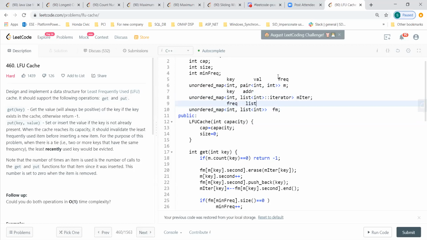Now we have the frequency-to-list mapping, but to find the exact position of a particular element, we go to the iterator map. From the key, I can get an address using this iterator, which is already inside the list, so I can remove it or do something in order of 1. Yes.